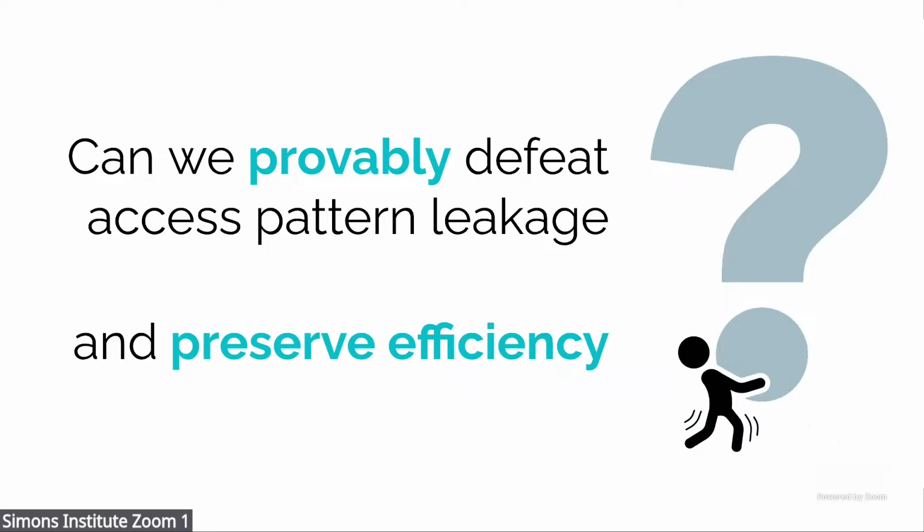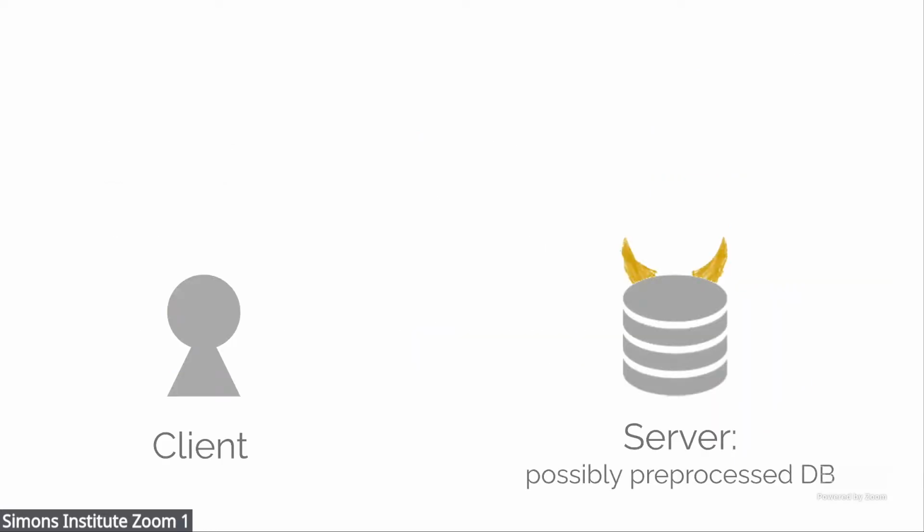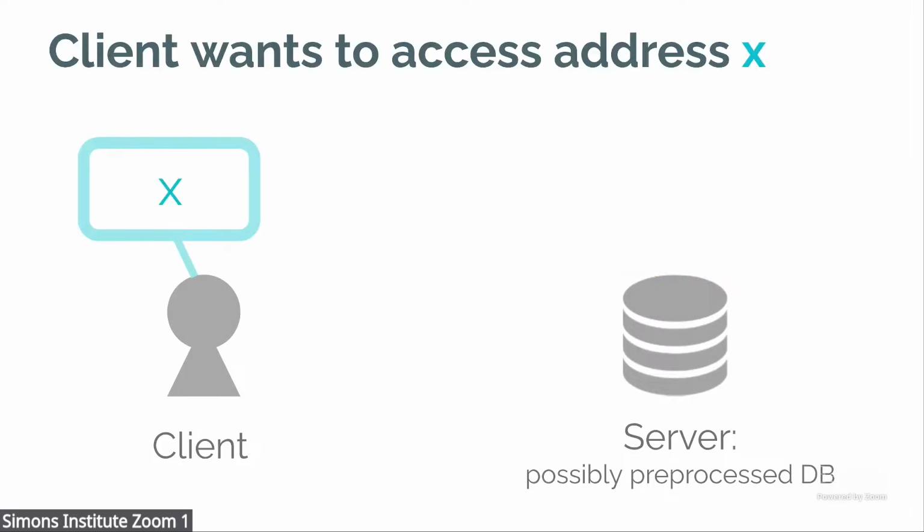Okay, so these are the three applications I want to use to motivate this line of work. And the question we want to ask is, can we provably defeat access pattern leakage while still preserving efficiency? Or slightly more formally, we can think of ORAM and PIR as having a similar security definition, but now I'll talk about what the difference is, right? So the problem we have is, imagine there's a client and there's a server. The client is trusted, but the server is adversarial. The server is storing some database, possibly pre-processed. And then the client wants to access some address X,